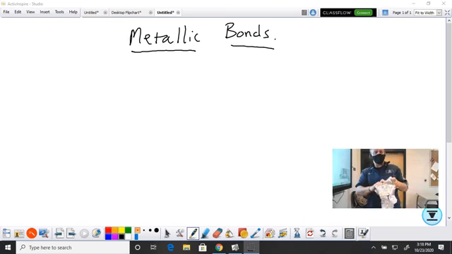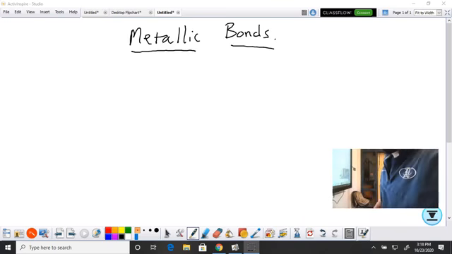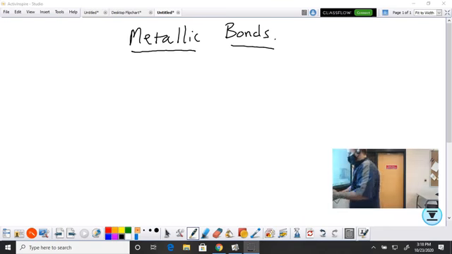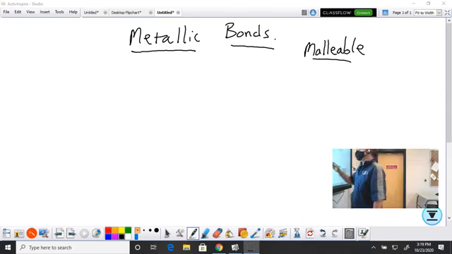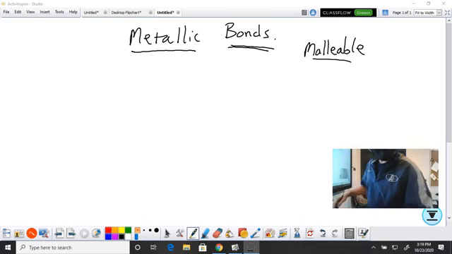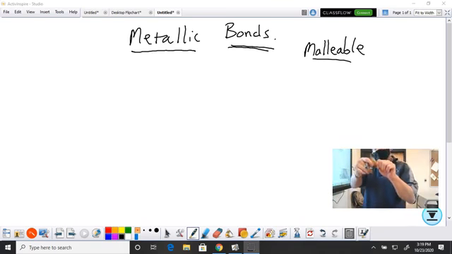Okay? If something is bendable, metal's bendable, and you can retain shapes out of them, that's something called malleability. They're malleable. Means you can bend them into shapes. Metals are the only ones on the periodic table that have that quality. And the answer is because of metallic bonds. So what would metallic bonds look like? Well, let's say, for example, let's take our piece of copper.